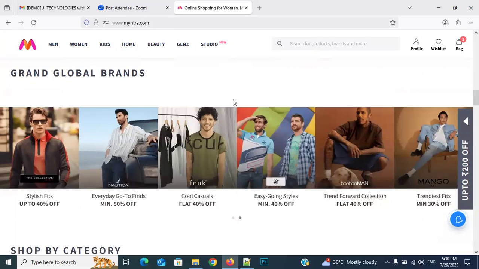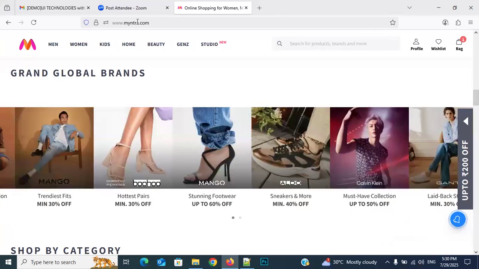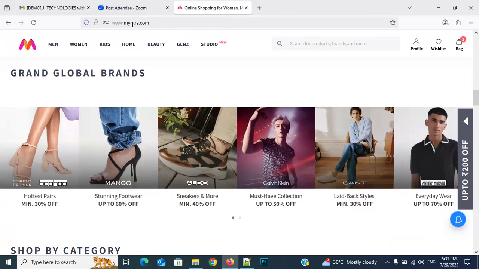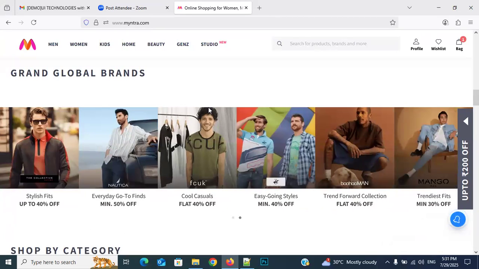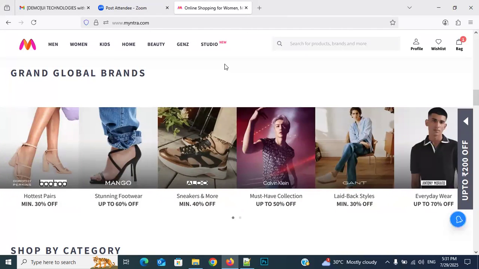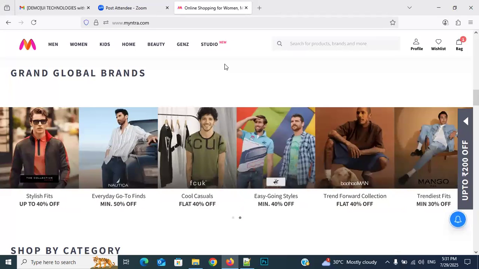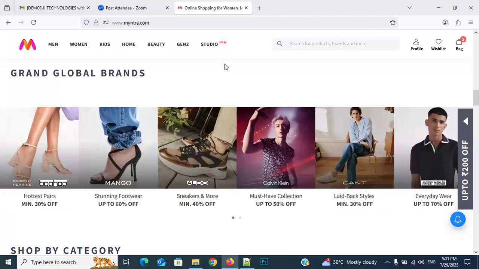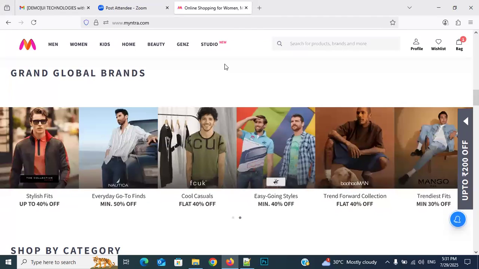Because this web application is interlinked with this domain name. This domain name automatically navigates to the hosting space. In the hosting space, how does it know which particular file to open? They name this particular file as index. If any application contains index as the file name, automatically that file will be called. Clear, everyone? Kindly respond.